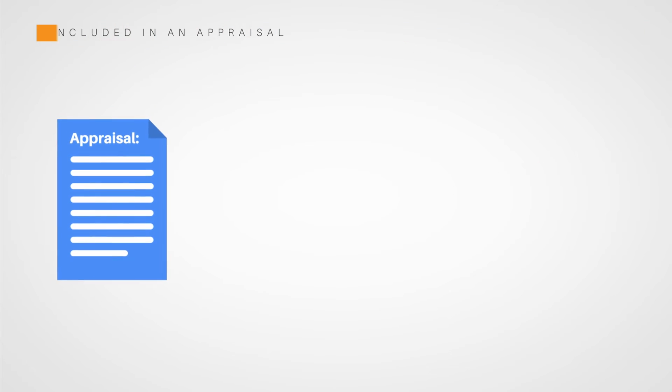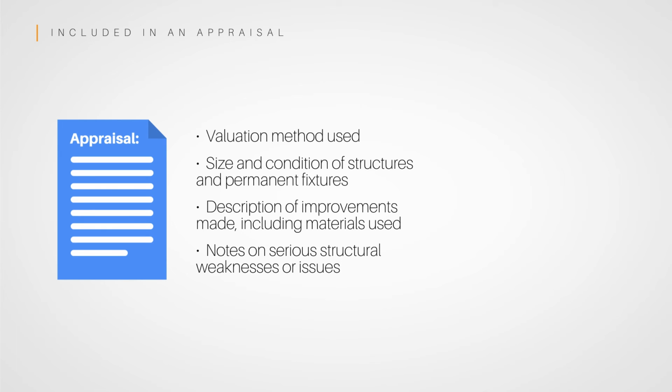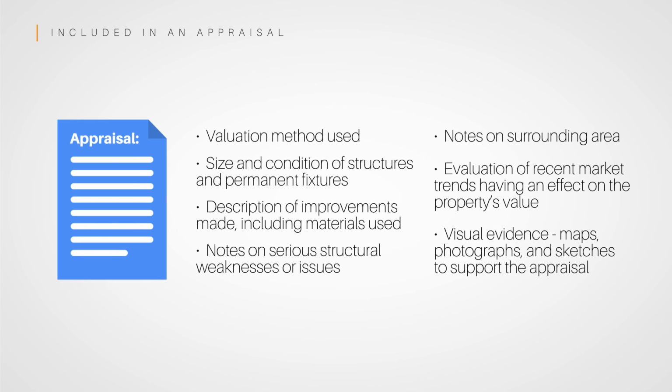Appraisals usually include the following: the valuation method used, size and condition of structures and permanent fixtures, description of improvements made, including materials used, notes on serious structural weaknesses or issues, notes on the surrounding area, an evaluation of recent market trends that might have an effect on the property's value, and visual evidence like maps, photographs, and sketches to